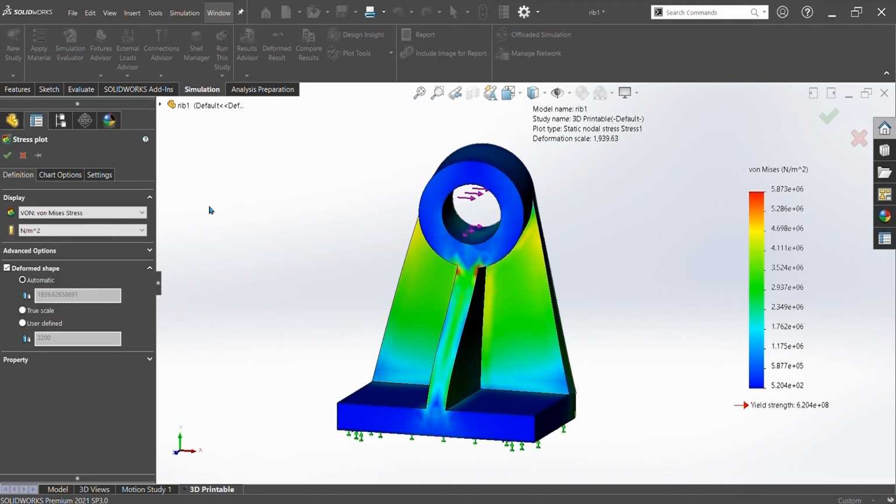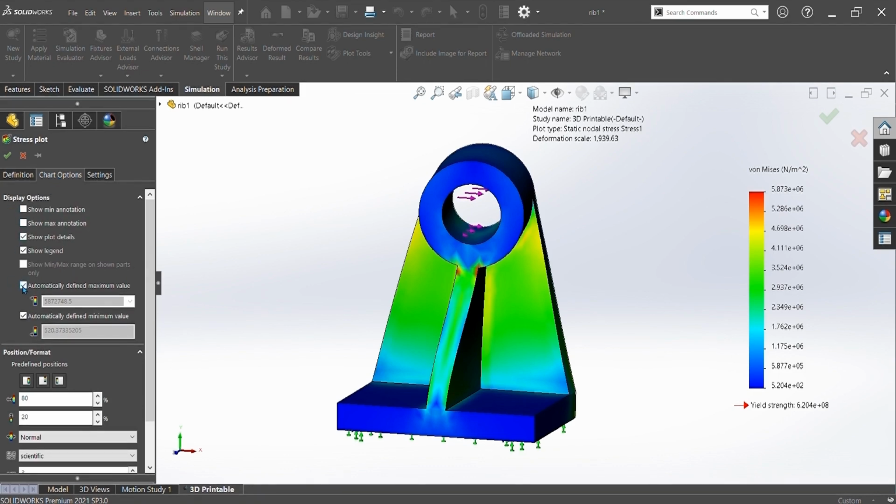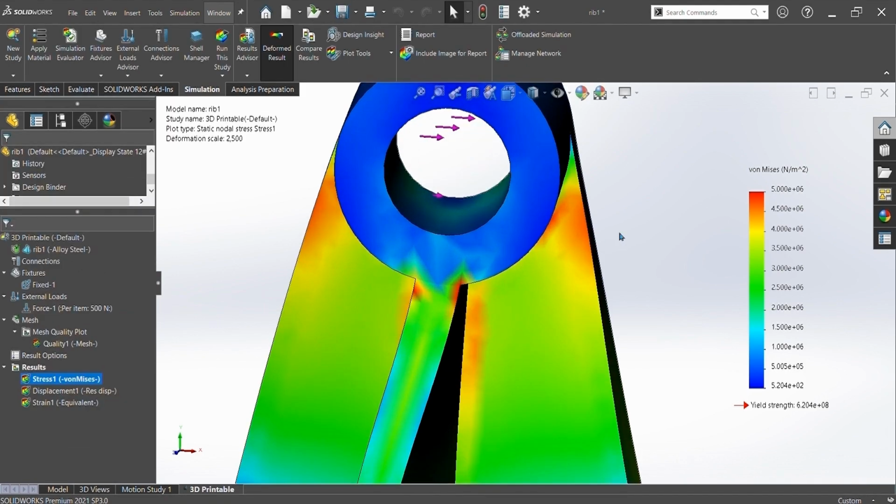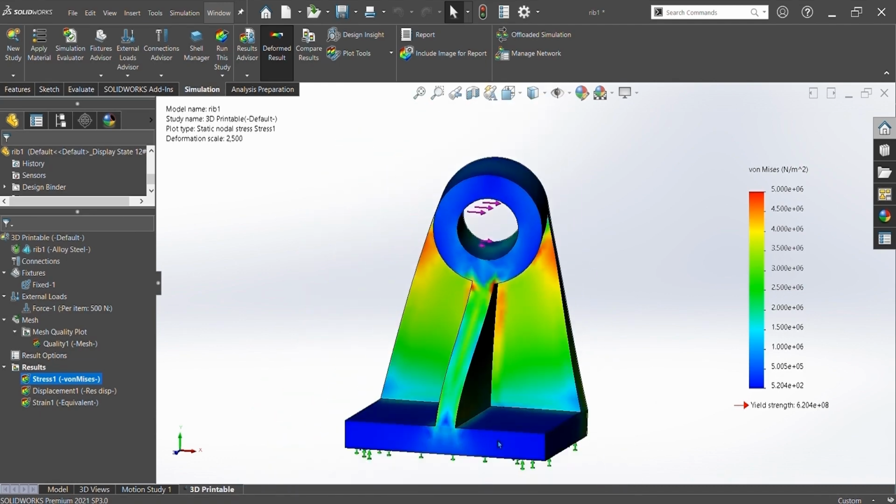So what I might do, for example, is maybe I want to really prove my point by adjusting the scale of our deformation here, and maybe I'll make this a little bit bigger. Alright, another thing I could do is go into my chart options. Maybe I want to demonstrate that everything above 5 million Newton meters squared is going to be too much for our design, and it's going to be indicated by this red color. So if I hit OK, you're going to see that my deformation is a little bit more exaggerated, and you're going to see those areas where the load is just too high for the material